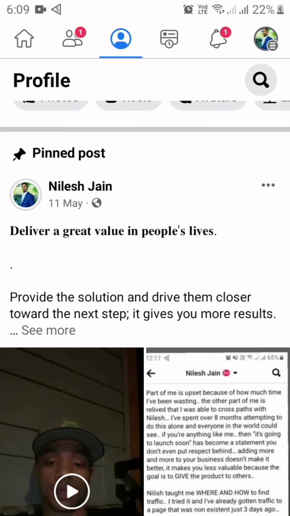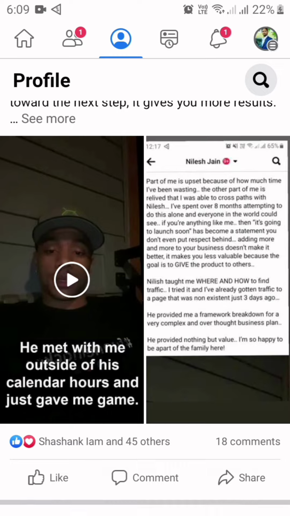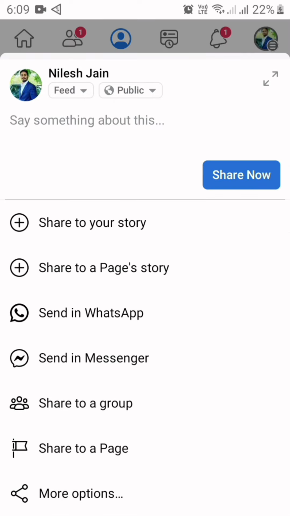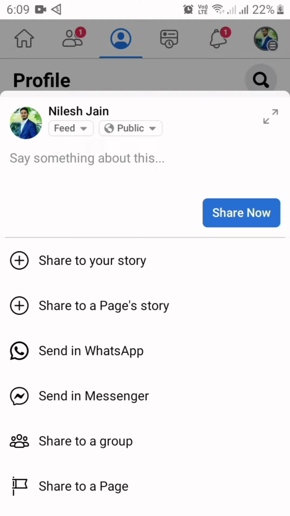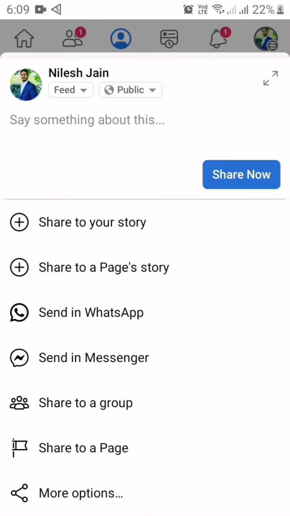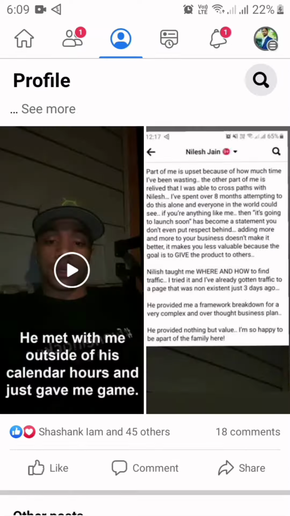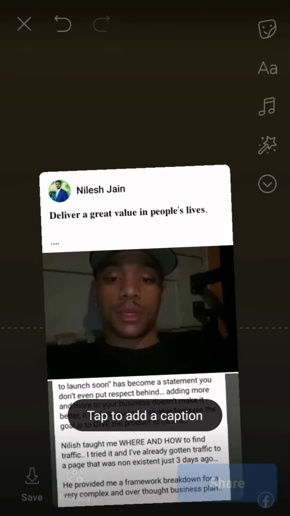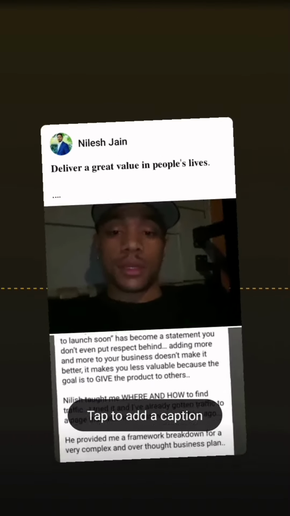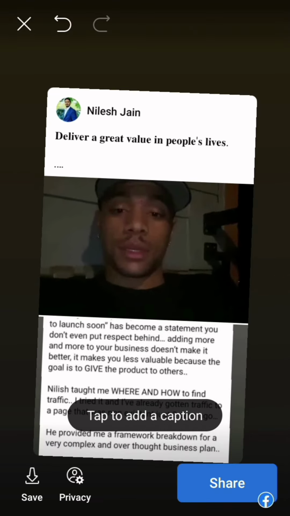Now the next thing: the same thing works in the system as well. You just have to click on the share button, and once you click on it, the same feature appears in the system, in your computer, in your laptop as well. But when you click on share to your story, the laptop will automatically share it. You are not able to edit it, or zoom in or zoom out like this, on the system. The system will just share it on your story feature.